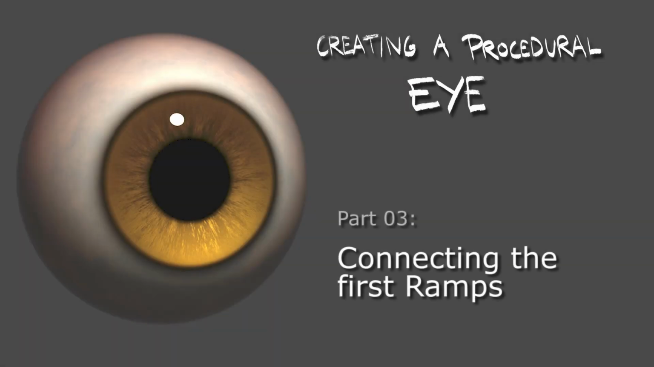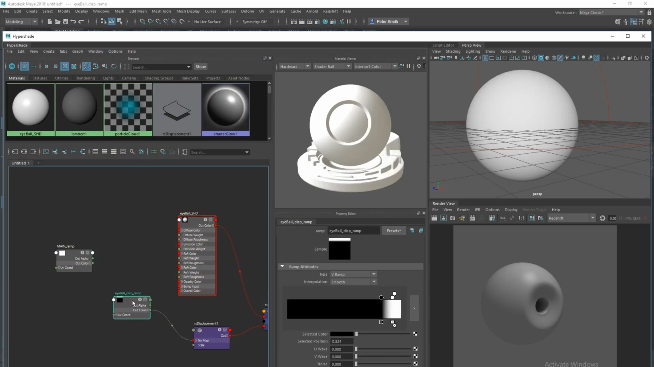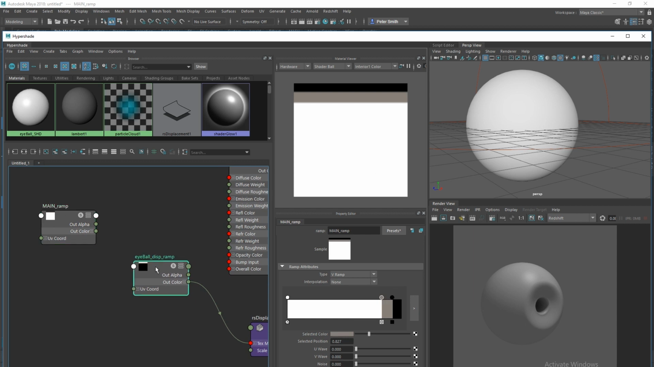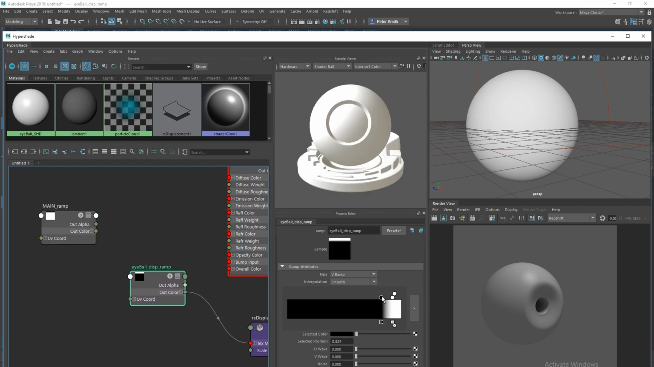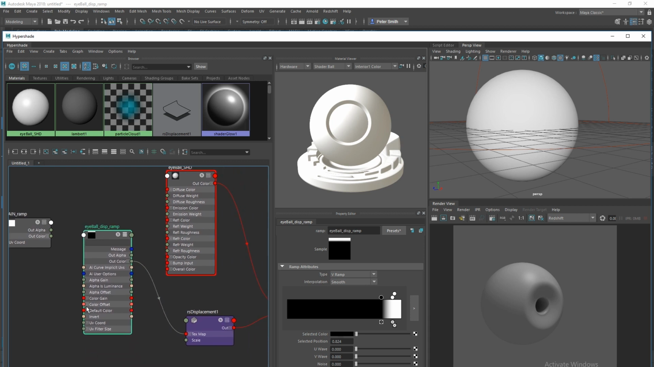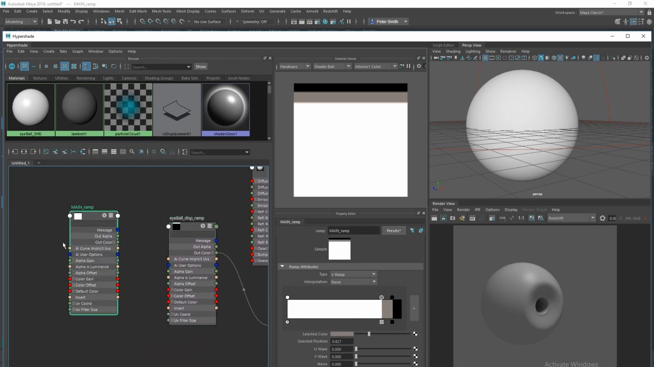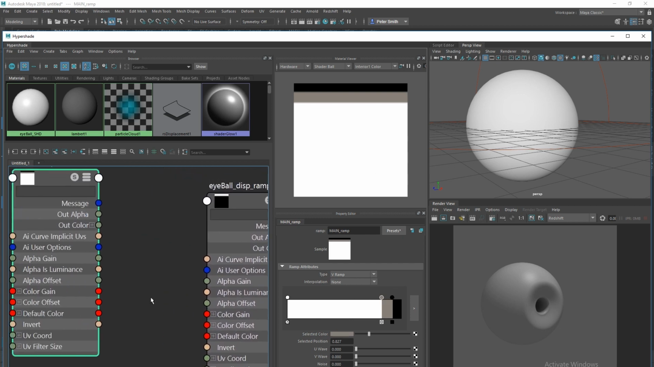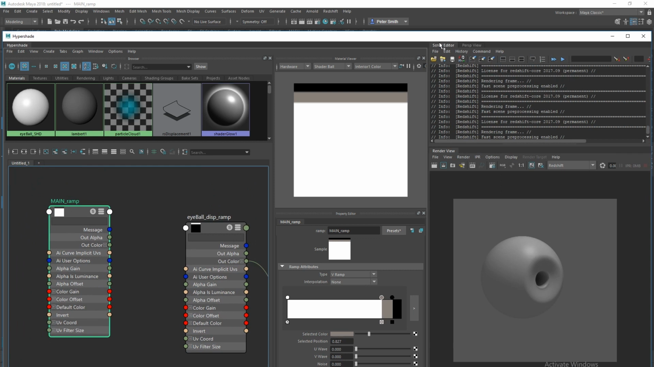To connect the main controller to the displacement, we need to find the inputs and outputs for these nodes right here, or attributes, I guess is more correct. And if you hit 3 on the keyboard while having a node selected, you can expand the attribute list on the node. But as you can see here, we don't have any option for something called, as you can see in the script editor,